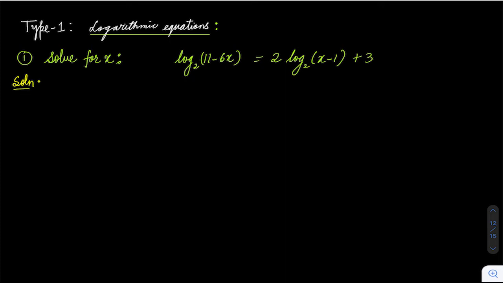So as you can see, 1 log term, 2 log terms, and 3 is there. So we have to solve this and find the value of x. The first basic rule is, whenever you have a logarithmic equation, try to bring all the log terms on one side so that we can simplify the terms using the laws, and then we can find the x value.